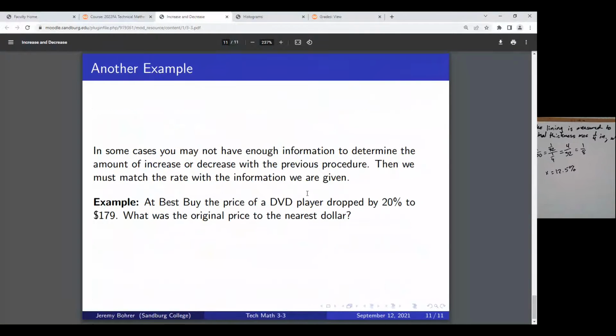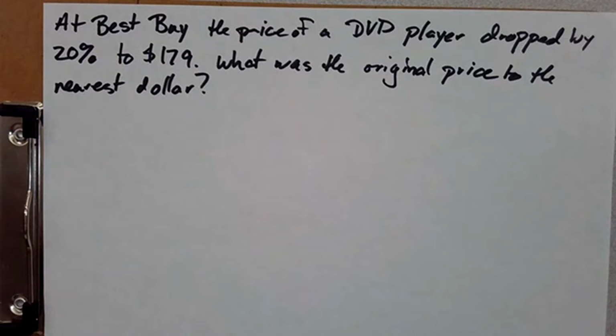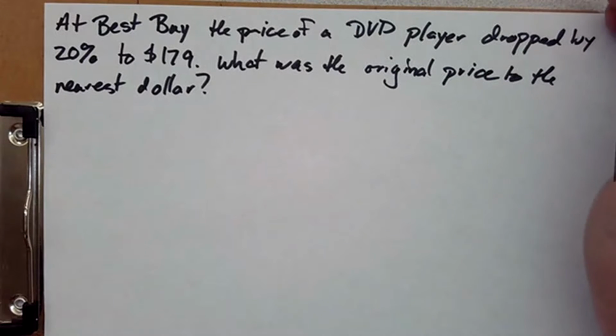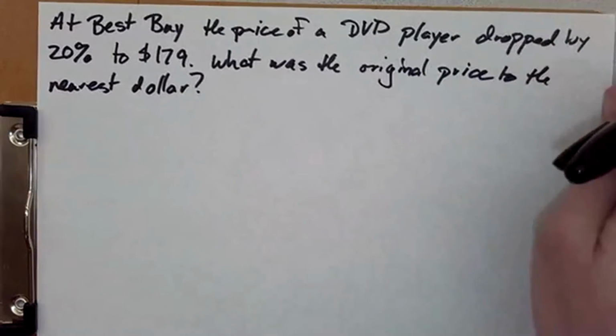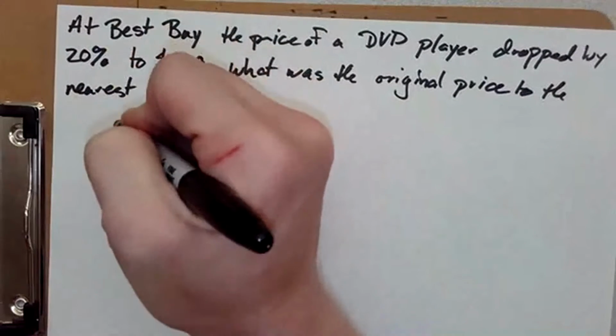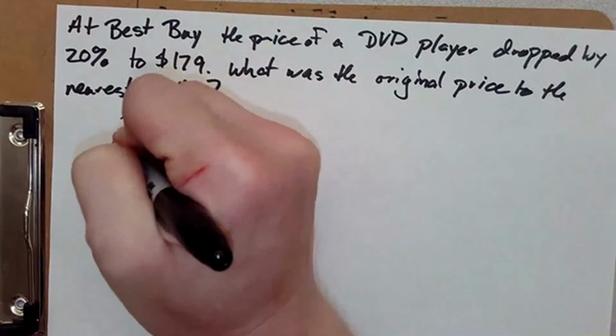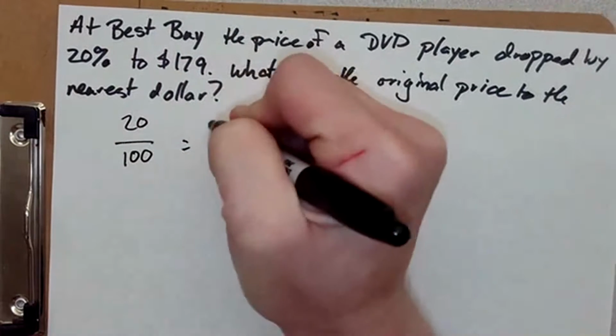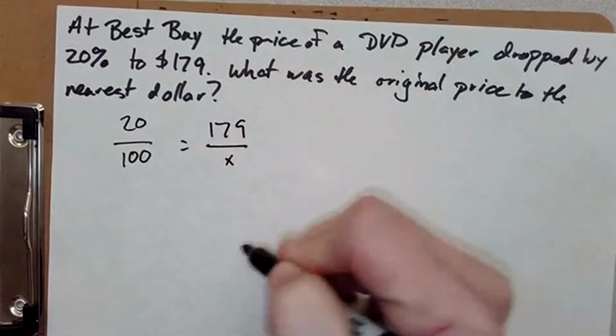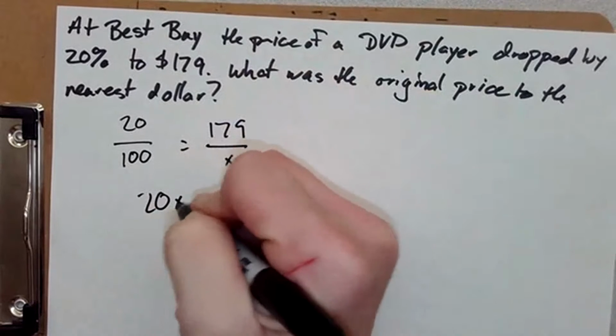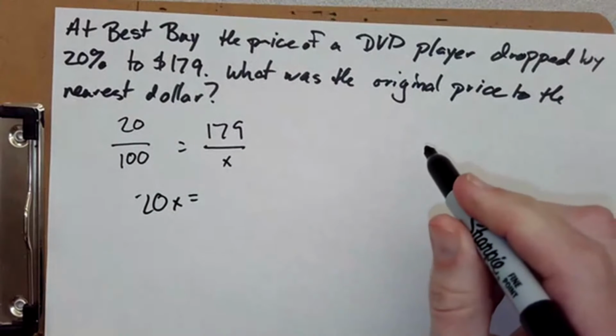Our final example, at Best Buy, the price of a DVD player dropped by 20% to $179. What was the original price to the nearest dollar? All right, so we start with 20% is our rate. So we have 20 over 100 equals 179 over x. Therefore, 20x equals